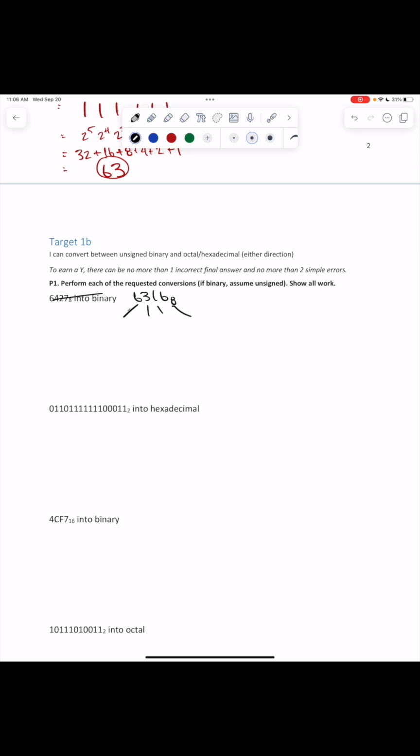So what in the 3 digits equals 6 in the weight? I have 2 to the 0, which is 1, and 2 to the 1, which is 2. That's 3, and then 2 to the 2 here is 4, so I will take 1, 1, 0 to create that. And then for 3, this